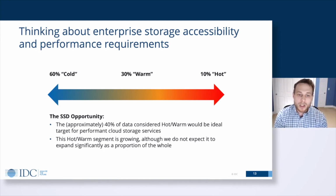The key opportunity for SSD and flash-based storage in the cloud is to address and enable that 40% of workloads or use cases which are considered hot or warm and require fast access to compute, and redundancy, availability. And one thing to point out is we don't expect these ratios to shift significantly. We don't expect hot capacity to make up 15%. These are pretty standard segmentations that we have not seen move,